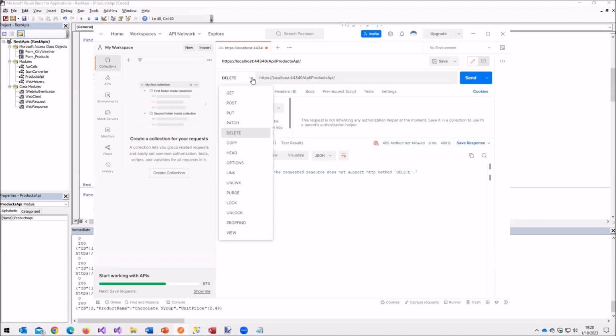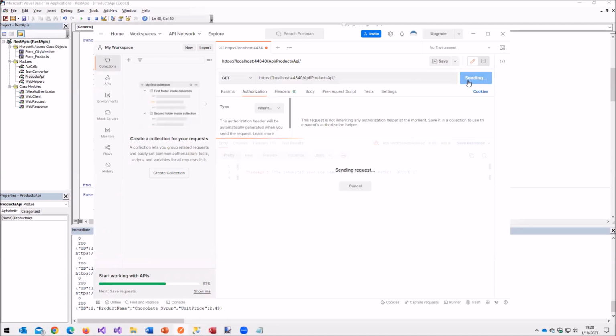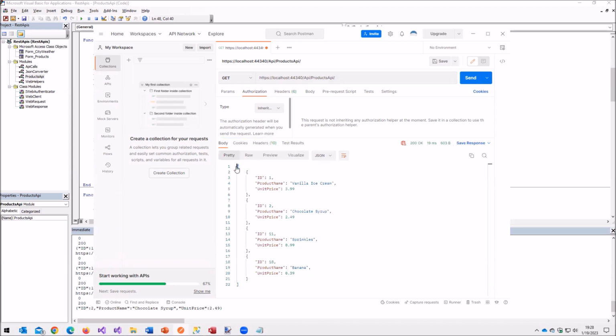Oh, I see. Oh, I deleted something. See, you gotta be careful in Postman. I still have the delete method. So notice I have the array bracket here, Ben. So that tells me that actually what I have is an array, and I'm going to have to go through that array and then access each of the objects.